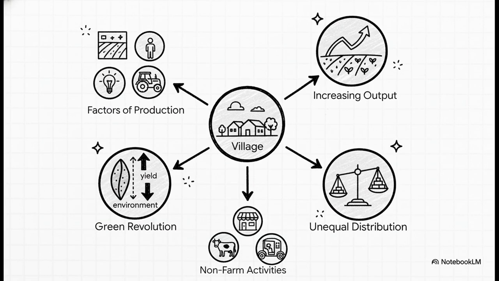So, as you prepare for your exams, let's quickly recap the key lessons from this chapter. Remember the 4 factors of production: land, labor, physical capital, and human capital. Understand that multiple cropping and modern farming are ways to increase production. Know that the Green Revolution increased food grain production, but it also harmed the environment. And remember that resources like land and capital are unequally distributed in villages, and that non-farm activities are crucial for